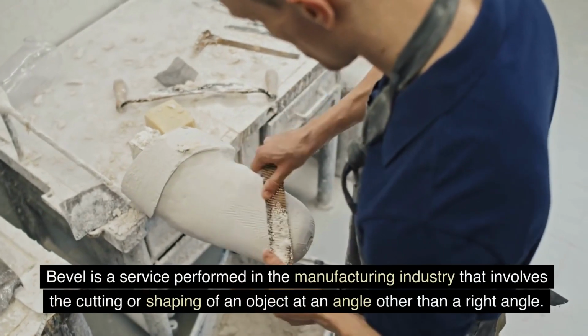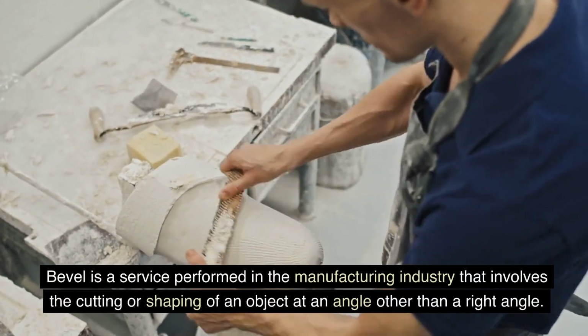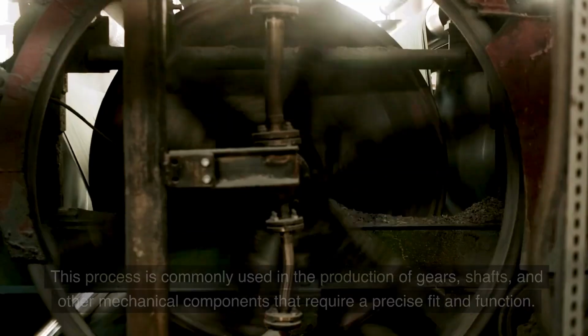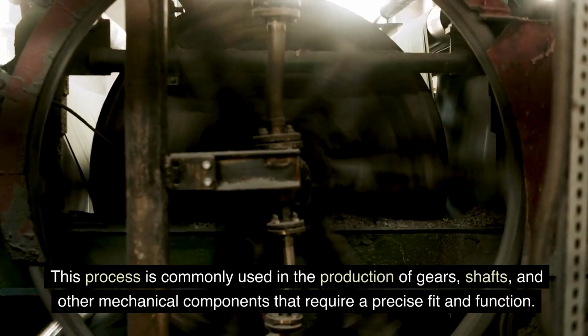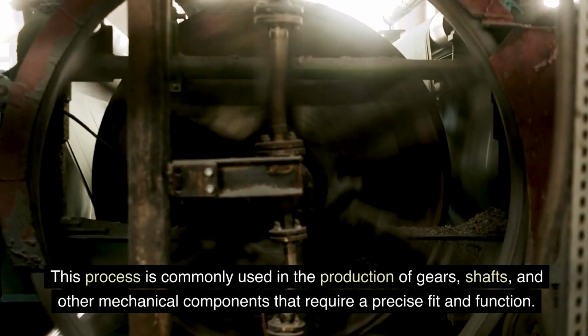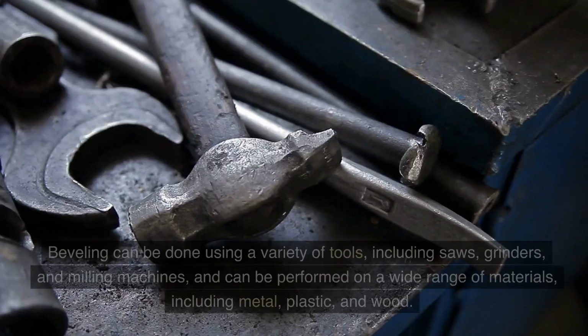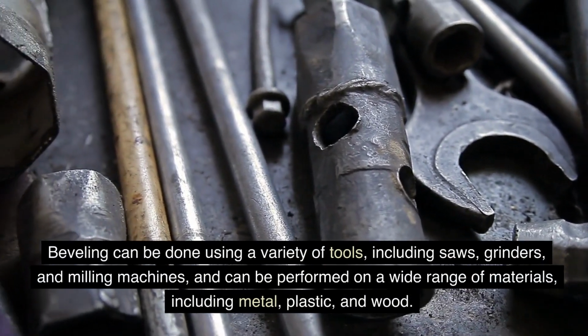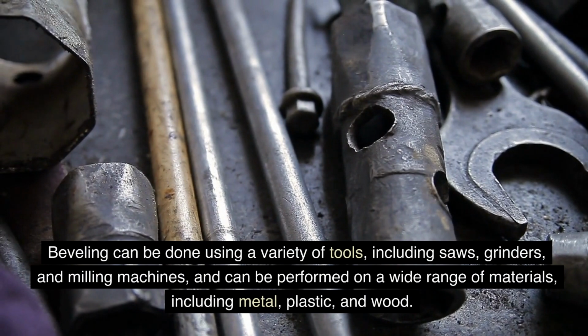Bevel is a service performed in the manufacturing industry that involves the cutting or shaping of an object at an angle other than a right angle. This process is commonly used in the production of gears, shafts, and other mechanical components that require a precise fit and function. Beveling can be done using a variety of tools, including saws, grinders, and milling machines, and can be